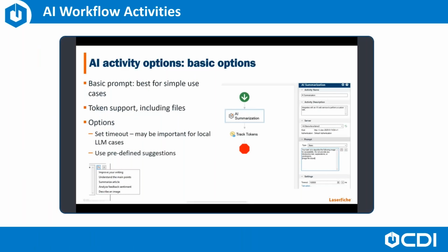And workflow can then act on these results. These tokens are used by subsequent activities to perform actions, something like if the AI extracts a department name, an address, GPS coordinates, a workflow activity can use that information to route the document to the appropriate department approval group, export it to a geodatabase for use in Esri's ArcGIS map layers, or even push it to a reporting database for use in Power BI. The sky's the limit.